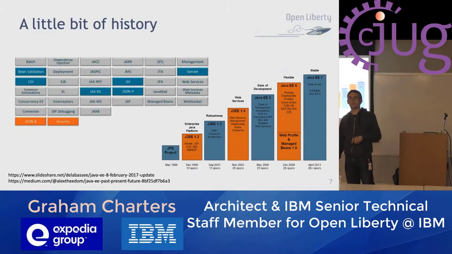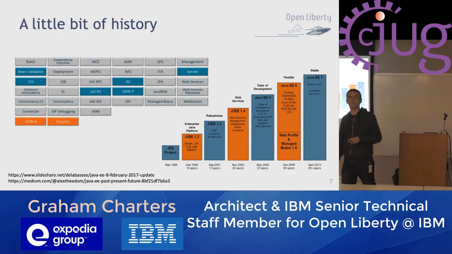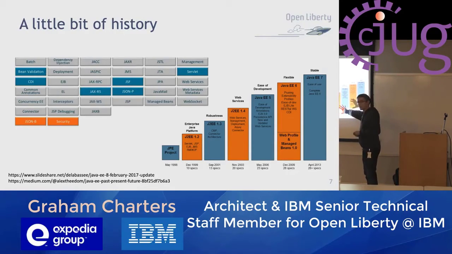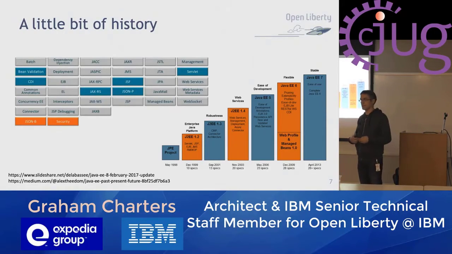And you're probably familiar, you've all heard of Java EE. So you're familiar with how that evolved over the years from a small number of specifications up to the point where we had something in the region of, I think it was 30 odd specifications in Java EE 8. And of course, along the way, the runtimes were required to implement all of these specifications, and they just evolved as the specifications evolved, and we ended up with runtimes that were, let me say, not particularly small.